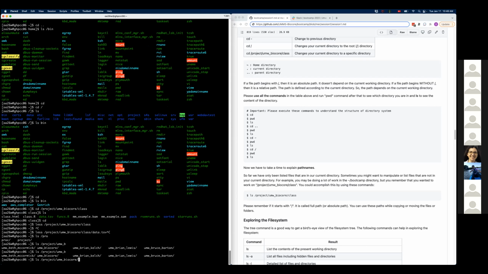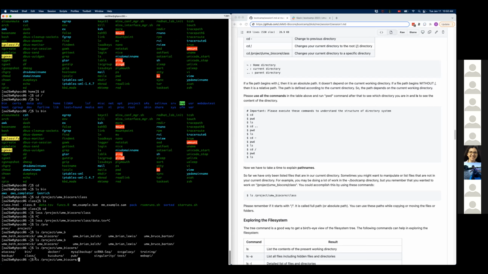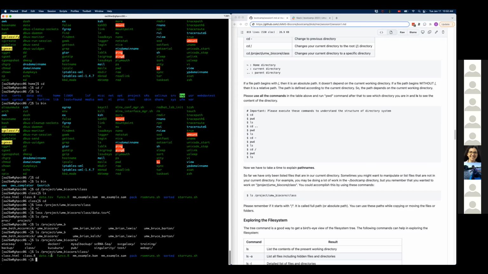And even if I don't know what is available here, I could still do tab twice, and without me typing anything, it shows me whatever is available in this folder. And I see that class, then I can start typing CL, tab complete, and enter, right? So then it gives me this full command and its output.